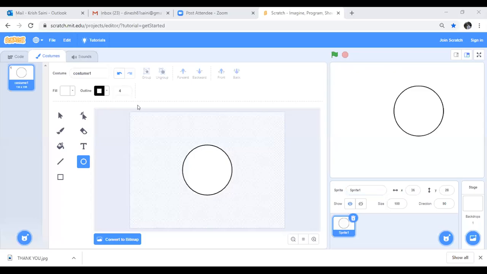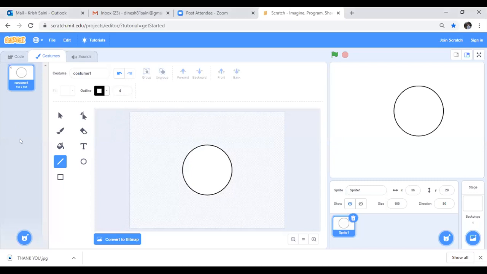Krish, I'll come to you. Yes, sir. Very good. So you have 2 circles or you have 1 circle?